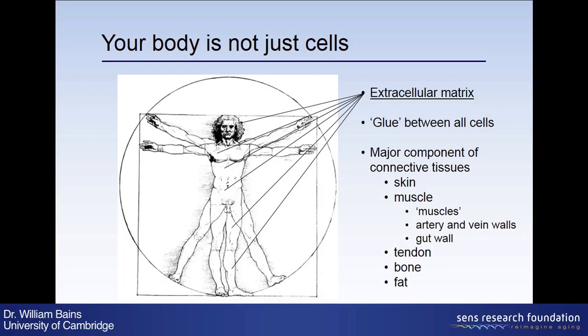But it's not just these tissues that are important from the point of view of not having cellular material, because around all our cells is something called the extracellular matrix. Great term. Extracellular matrix just means the stuff outside the cells, extracellular, that is a matrix, a support for cells to be embedded in. It's a sort of glue, if you like, but it's a lot more than just a glue. It's quite an important component of connective tissues, which hold bits of your body together.